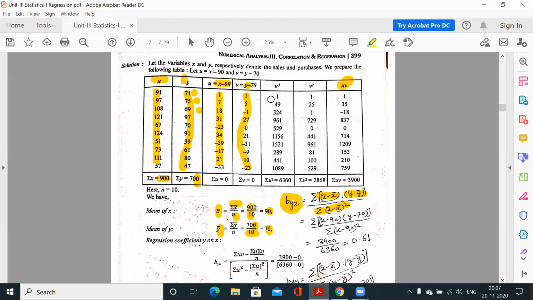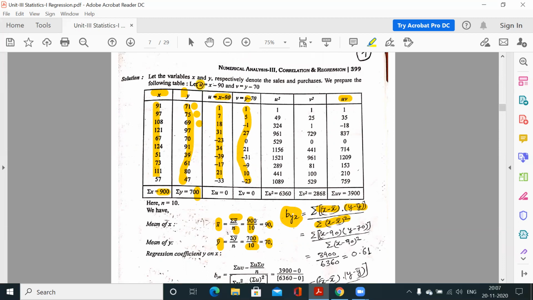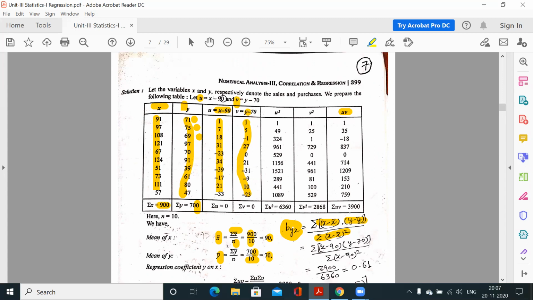So this is u into v. In this book they have used u and v for the differences, but in our theory we used u and v for assumed mean differences. In this case these are the actual means, so we should not write u and v according to our theory, but this book has used these terminologies. So these u and v are not differences from the assumed mean. They are simply the differences from the actual mean.